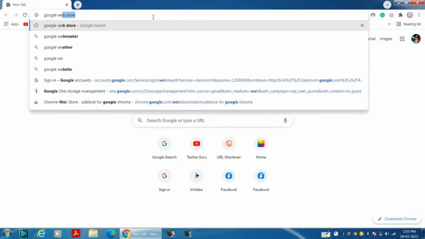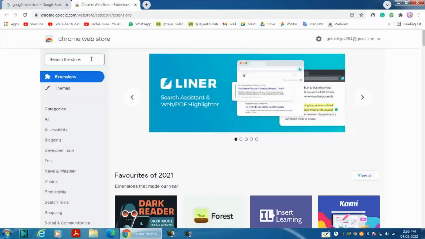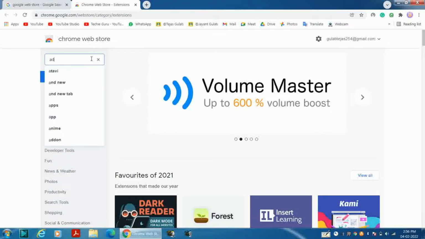Google Web Store. Then click on this chrome.google.com link of Chrome Web Store and search it for ad block